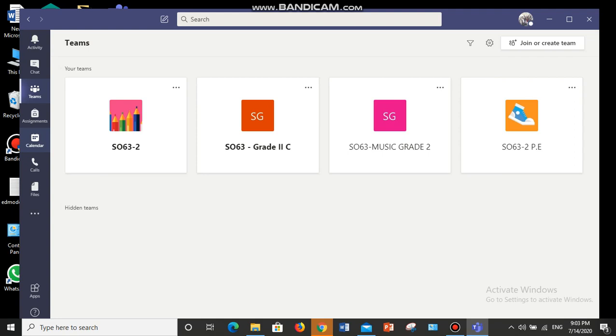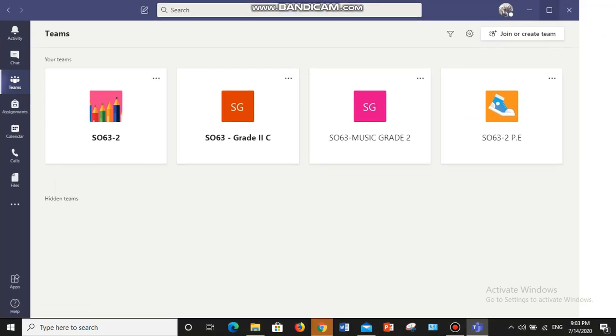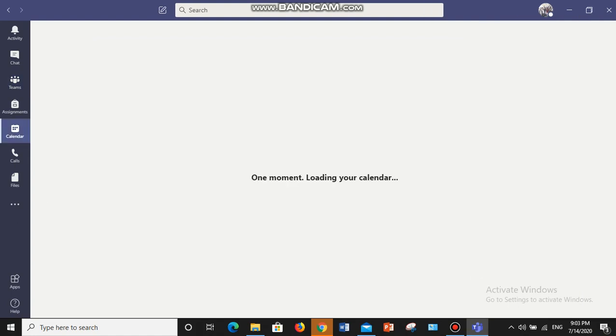You will click on the calendar button on the left side. It will take some time to log into this calendar.